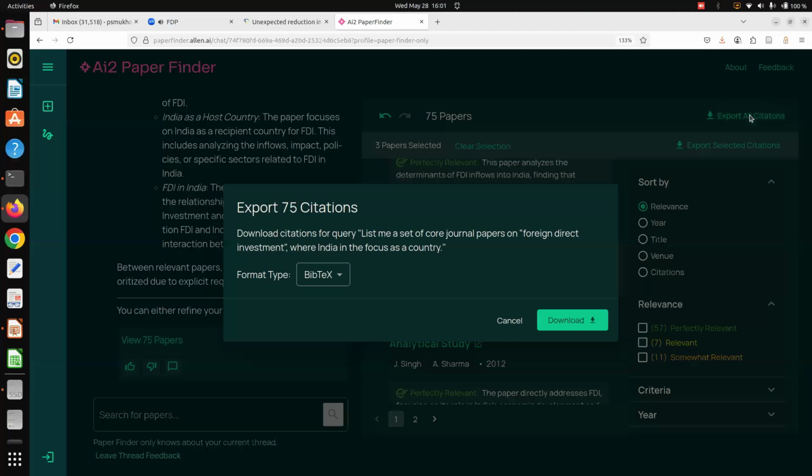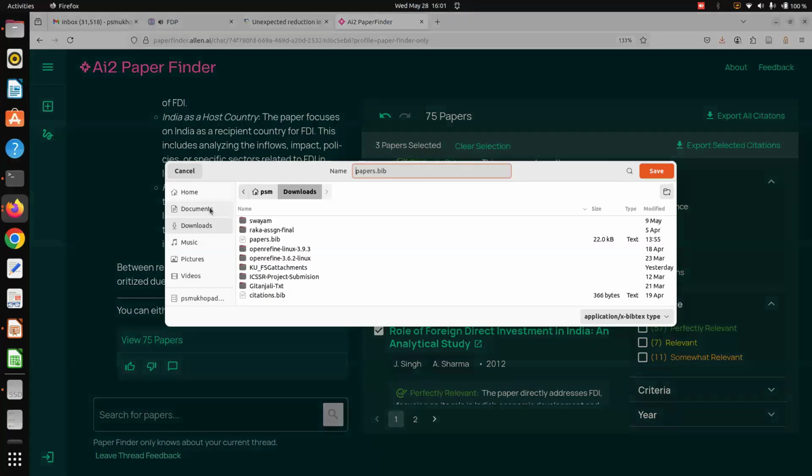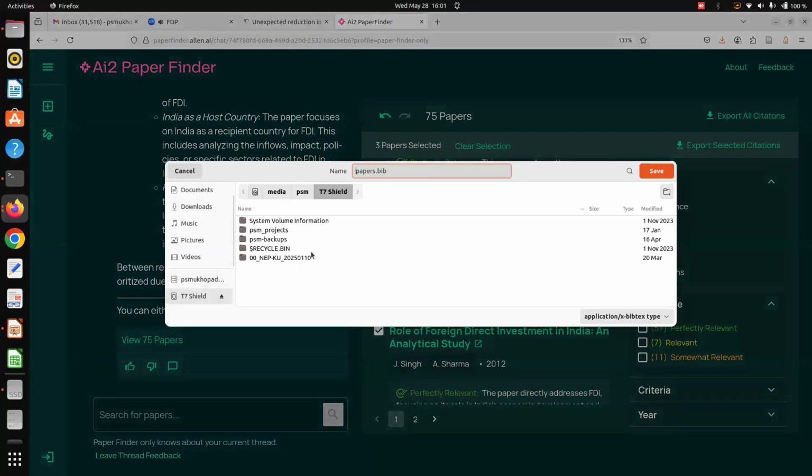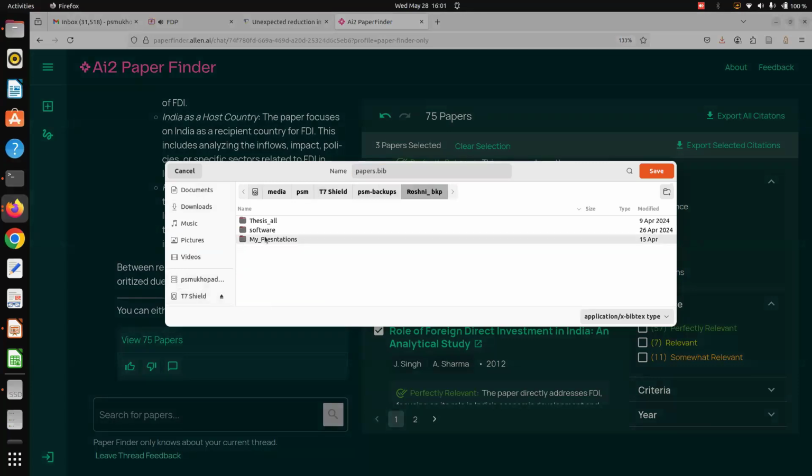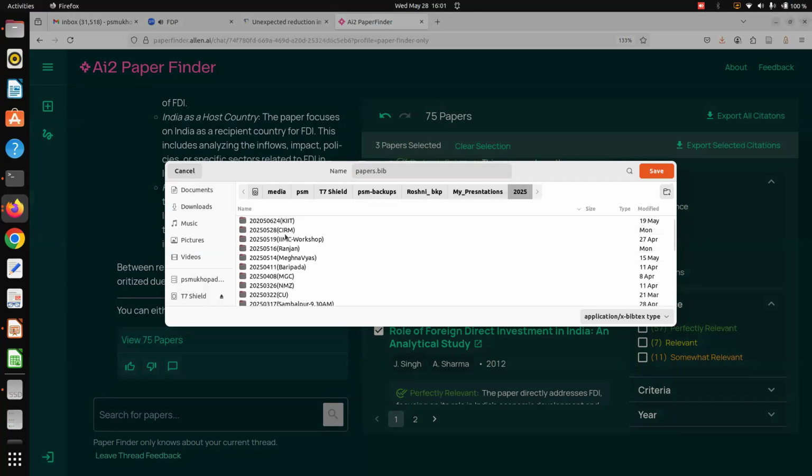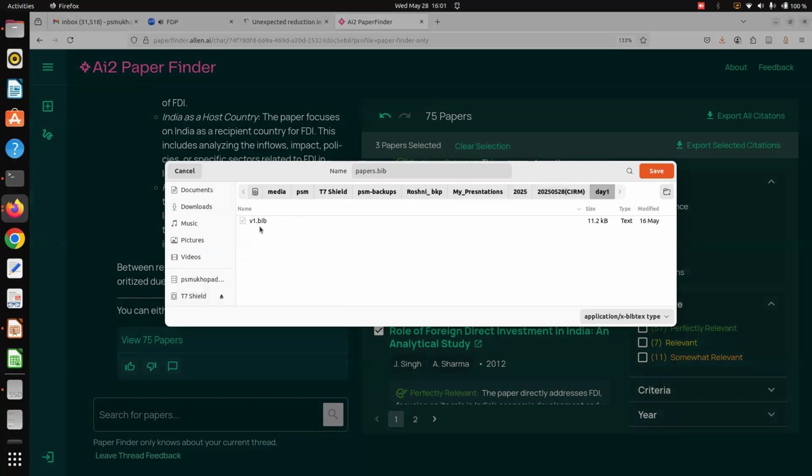The moment I export all of these citations, luckily it also provides BibTeX format. Suppose I am saving this BibTeX file in your folder, say papers.bib.